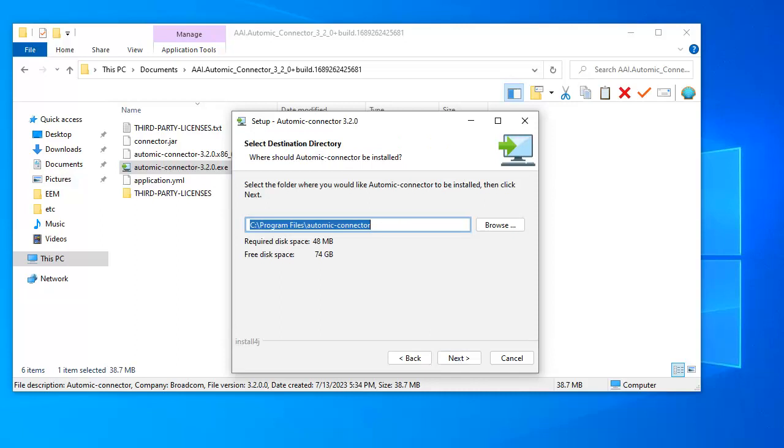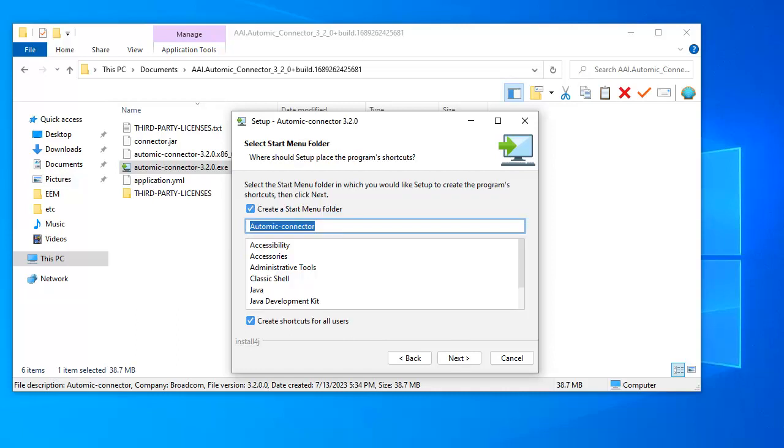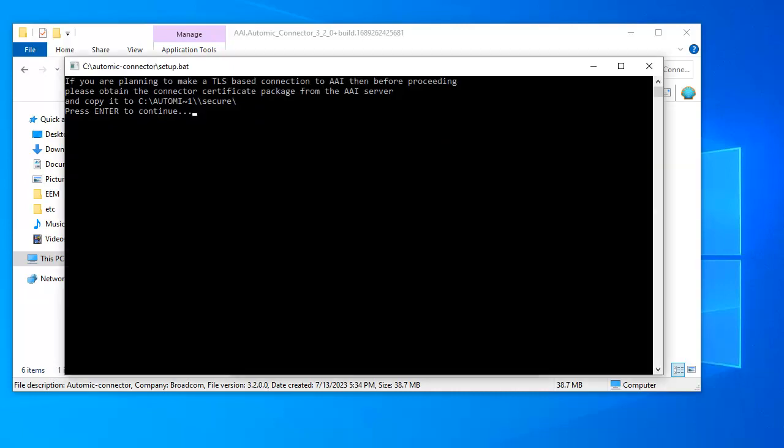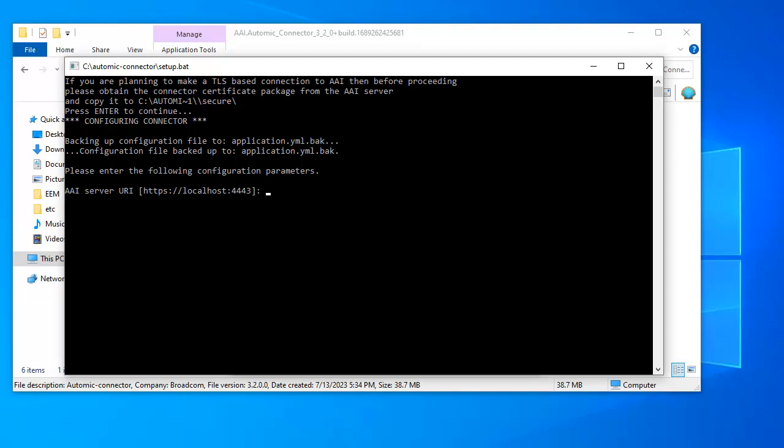You have to specify the directory of the connector. We create a Start Menu folder for the connector. This initiates a dialog so that you can provide the values that are added to application.yaml. We have to enter the AAI server URI, in other words, the address where the AAI web server can be